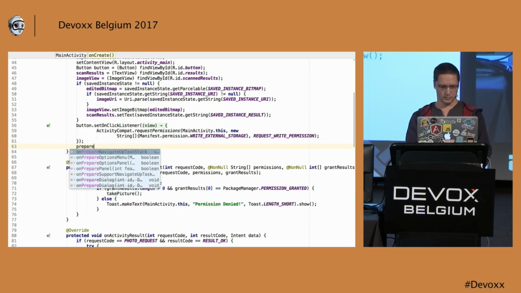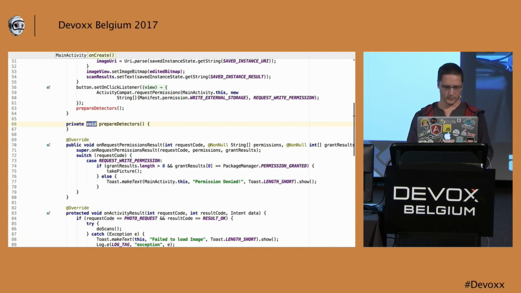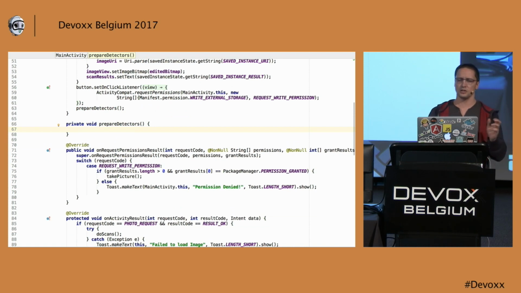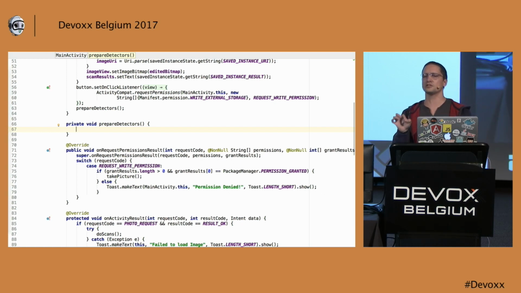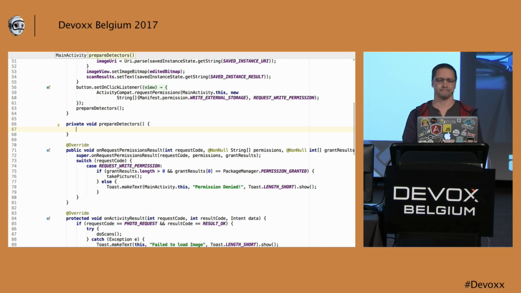So I will create a method detectors, like this. Create the method. Okay. So first we'll do some face recognition. I need to take care because this is not face recognition. This is face detection. So it is not able to tell you that this is Bob. It is just able to tell you that there is a face.